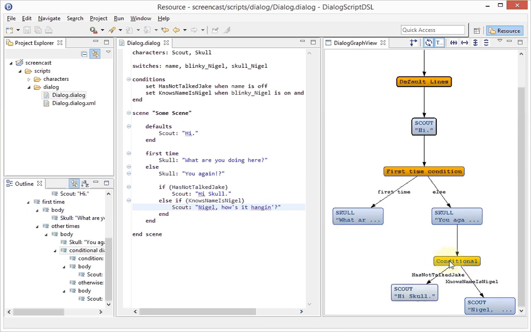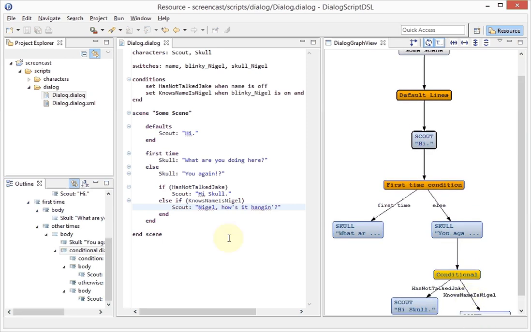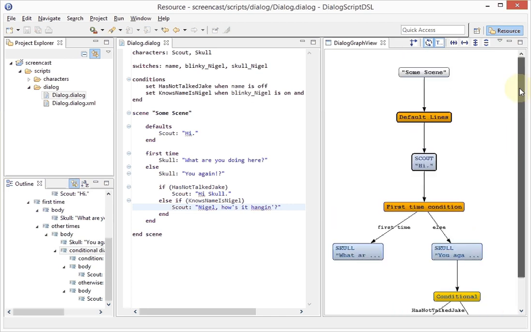So the conditional node represents a very general condition compared to our first time condition here. So we go down this road in case he has not talked to Jake, and in case his name is Nigel, we go down that road. Okay, so what else do we have? The graph is growing here,